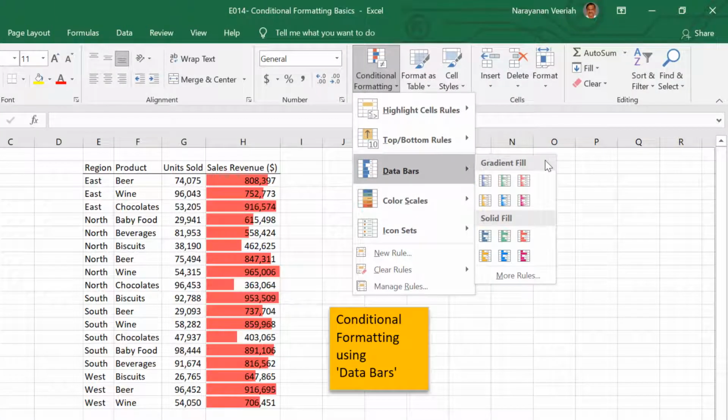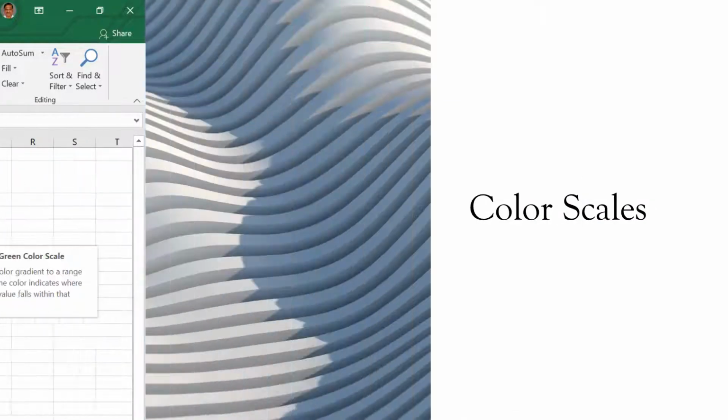When you use a data bar, you can visually represent the value of a cell relative to the other cells. The length of the bar represents the value in the cell. When the cell value is higher, then the bar is longer and the lower value in a cell is denoted by a shorter bar. Using data bars, you can, for example, compare the performance of a given bunch of salespeople or the length of the rivers, etc. You may represent the data bars colorfully either using a solid or gradient fill.